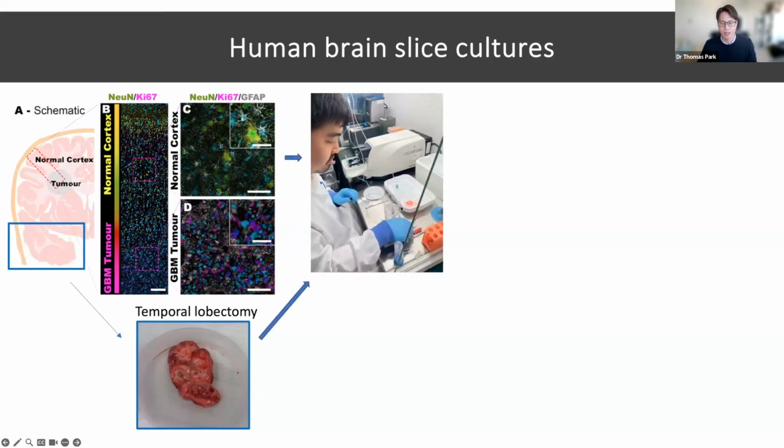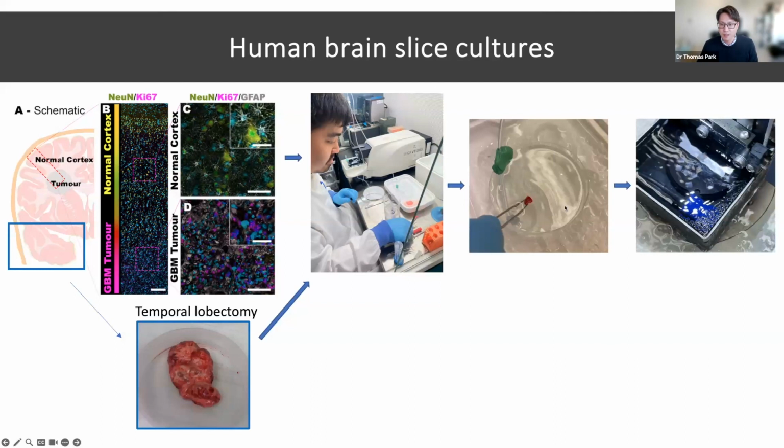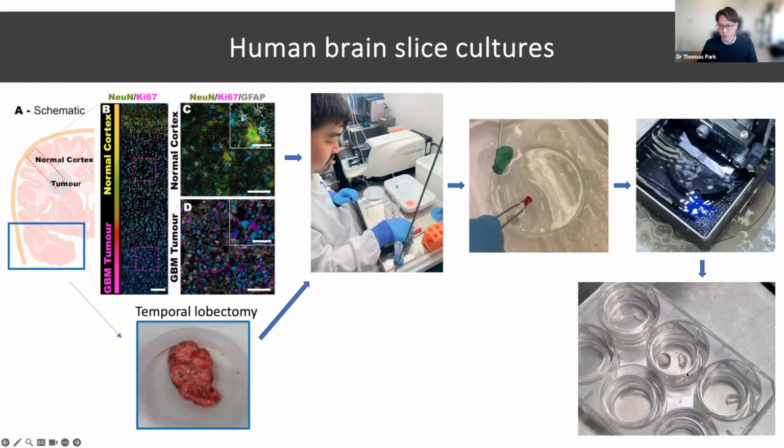So here's Kevin again, and he's perfected this technique where you can get that normal cortex. So this is a normal human brain cortex, and we can slice it in very thin slices, but this allows us to keep the entire brain architecture. So it's not individual cells like I showed you before. We're actually keeping the brain intact. And we can culture them in these dishes, and we can keep them alive for weeks. And using this model,